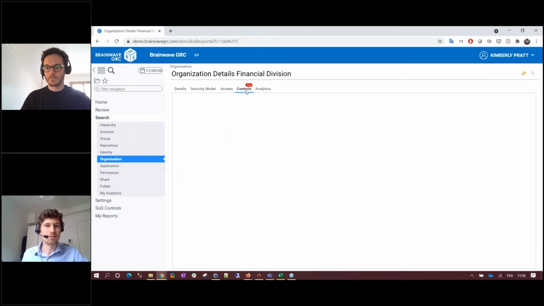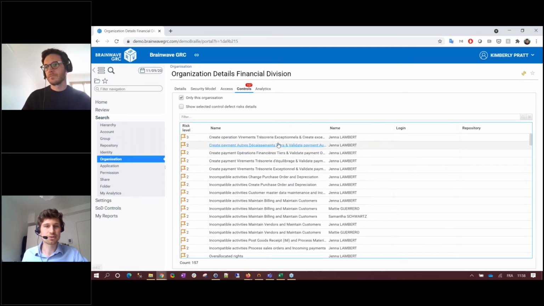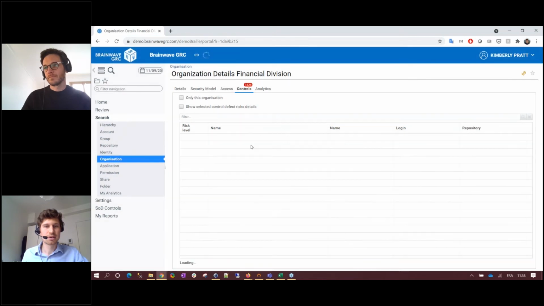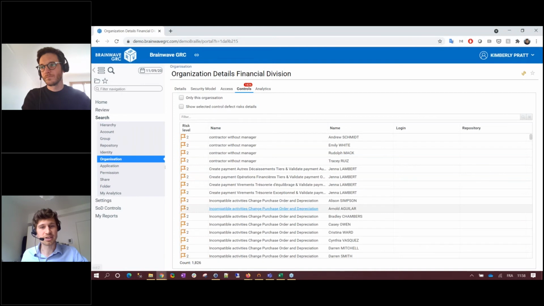The identity analytics provides a list of controls and the result of those controls on users, highlighting the discrepancies. For instance, this control looks at active accounts belonging to people who have left the company. This is very critical. We can notice there are 2 identities who have left the company, but they have 6 accounts which are still active. So we can work on that and clean up, disable all those accounts to improve the data quality regarding my organization.